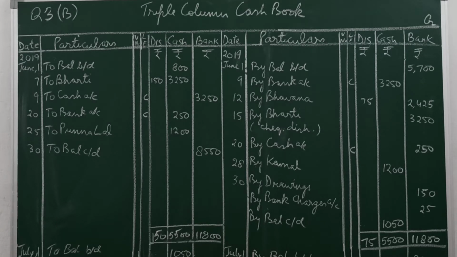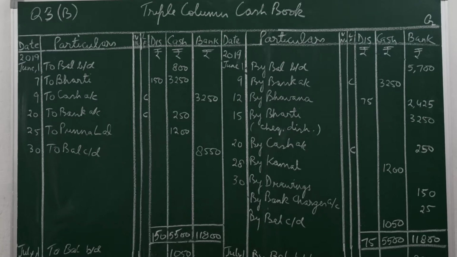There is one column called V.NO, that is voucher number. This is the receipt number for receiving a receipt when goods are sold or purchased, and the number it bears has to be written here in the respective column. When you purchase any goods, you may be receiving a receipt, you will post on the credit side. When you make sales, you must be issuing a voucher or receipt. You may have to note down that number in the debit side.